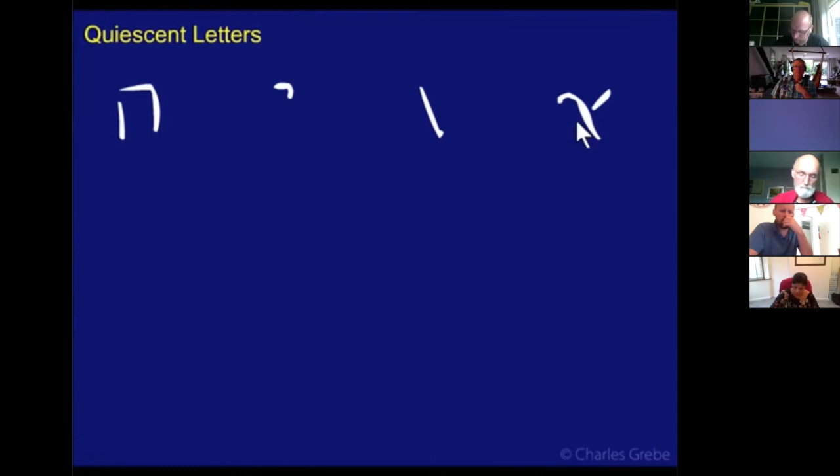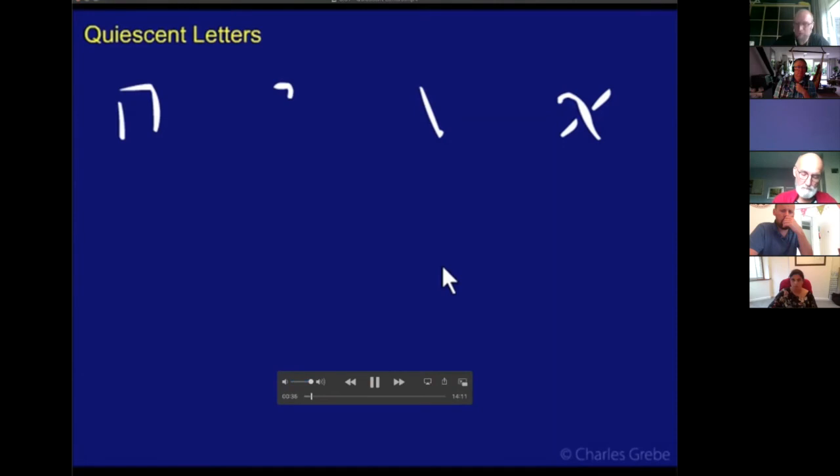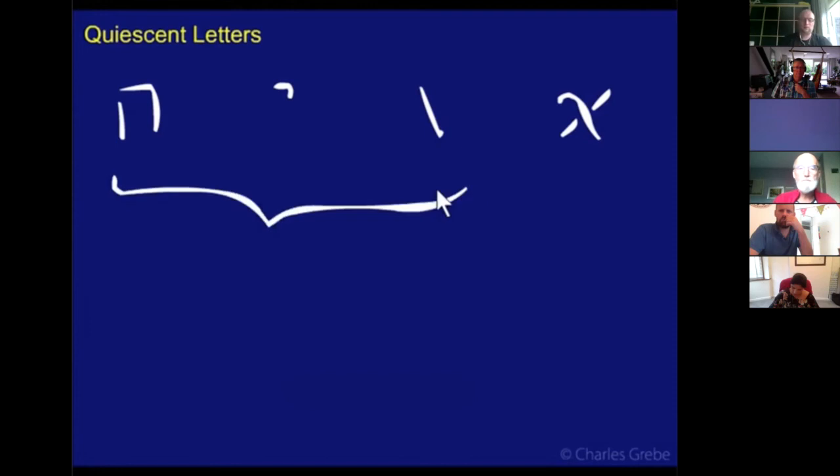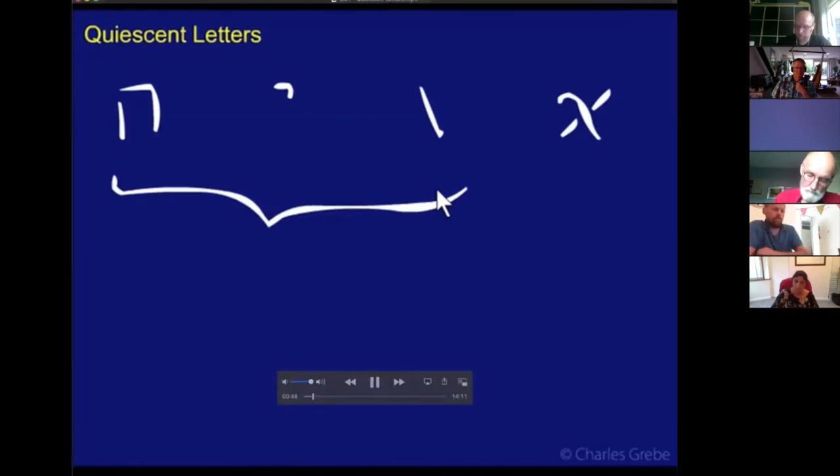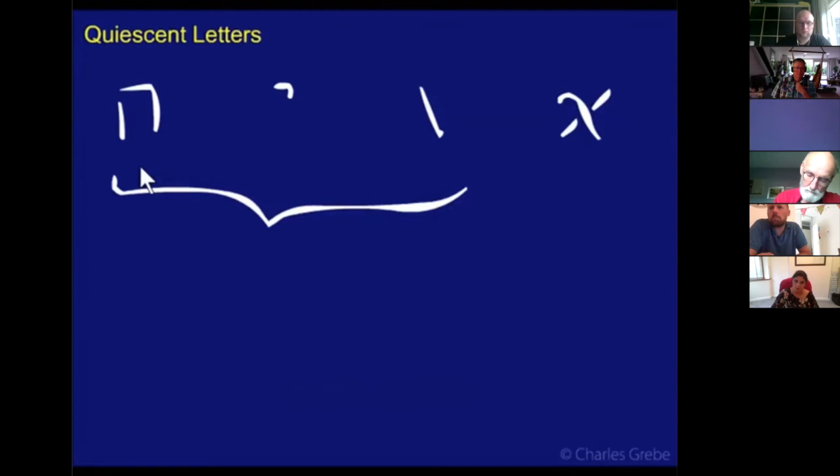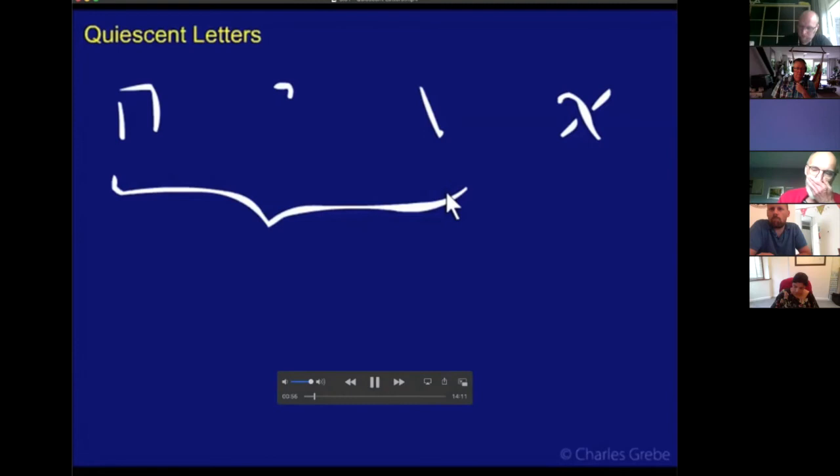Now there are 4 consonants in Hebrew that can do this. He, Yud, Vav, and Aleph. Now, have we seen these consonants before as a group, or at least some of them? These ones here should look familiar to you. These are our matres lectionis. If you remember, back to our vowel chart, we had these at the top. He was associated with the A vowels, Yud with the E and I vowels, and Vav with the O and U vowels.